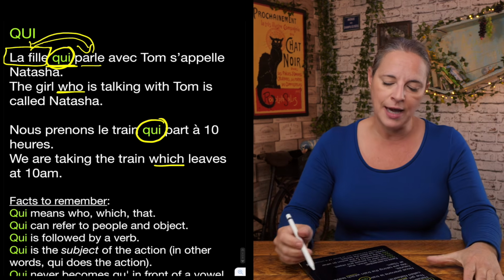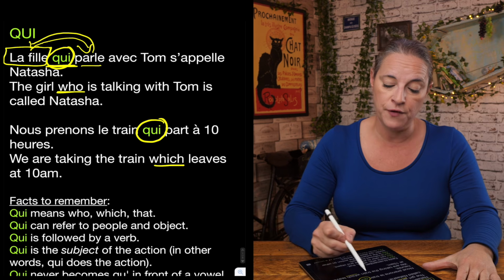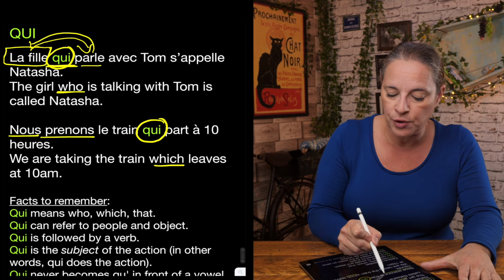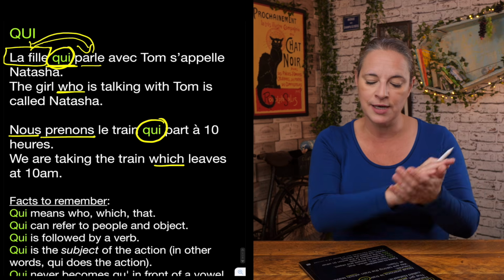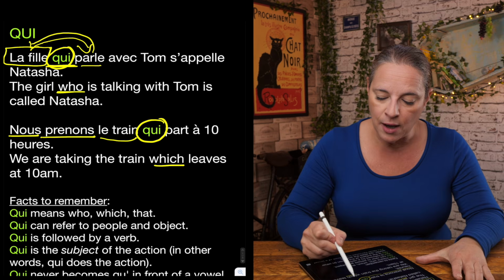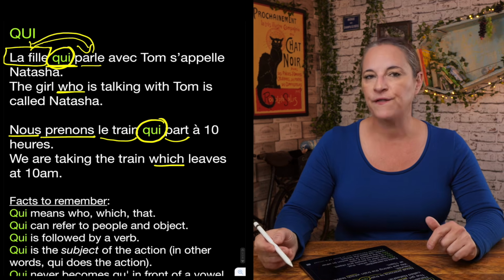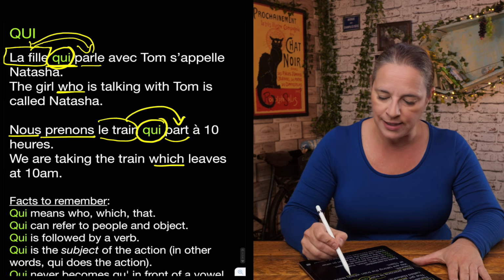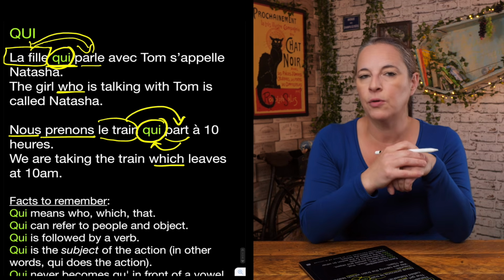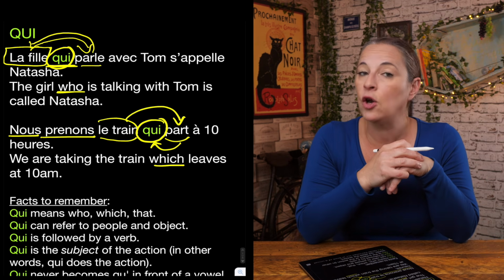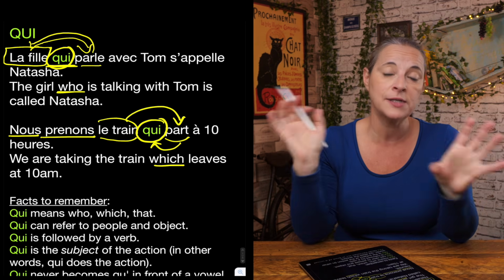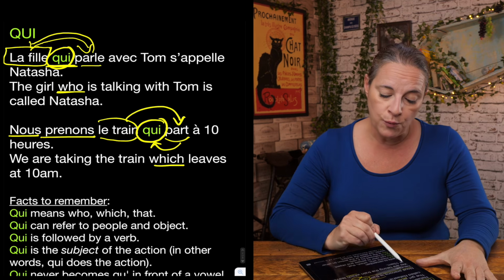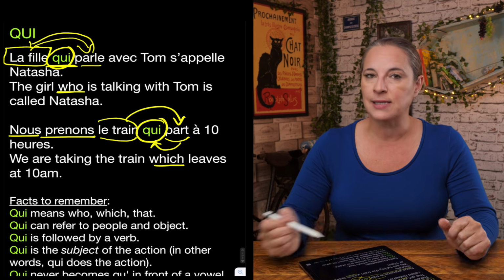Okay? Have a look at the subject of this sentence, as in not nous, because nous prenons is another clause, okay, but le train part, okay? And the fact that le train is directly connected to the verb, we need to use a pronom relatif qui and not que. I will show you the difference in a minute before we get to practice that, okay? So, we are taking the train which leaves at 10 a.m.